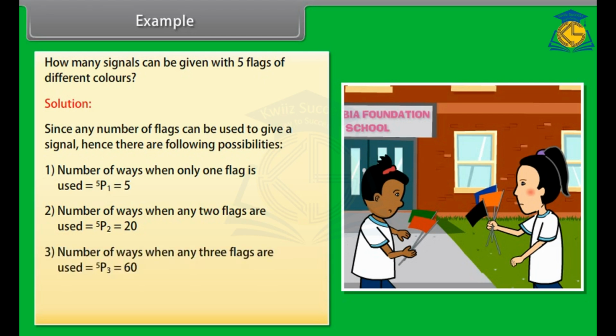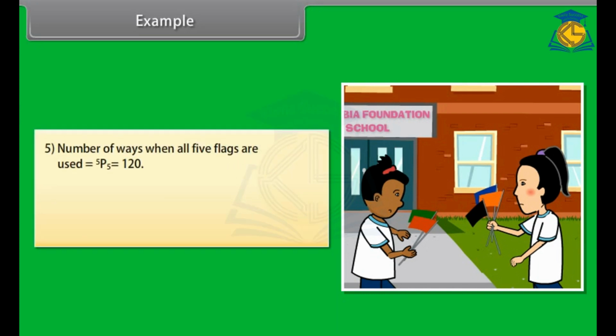Number of ways when any 3 flags are used is equal to 5P3 is equal to 60. 4. Number of ways when any 4 flags are used is equal to 5P4 is equal to 120. 5. Number of ways when all 5 flags are used is equal to 5P5 is equal to 120. The total number of signals is equal to 5 plus 20 plus 60 plus 120 plus 120 is equal to